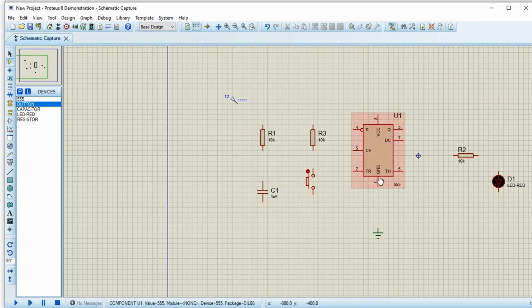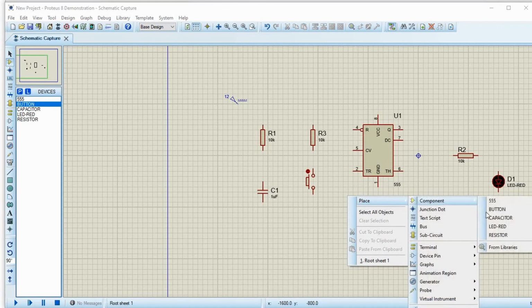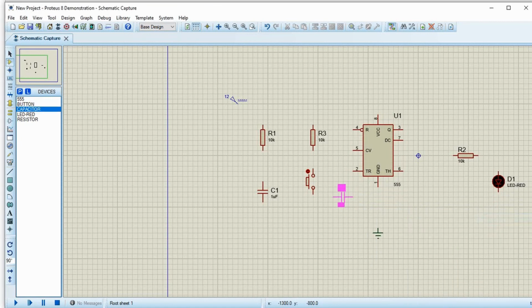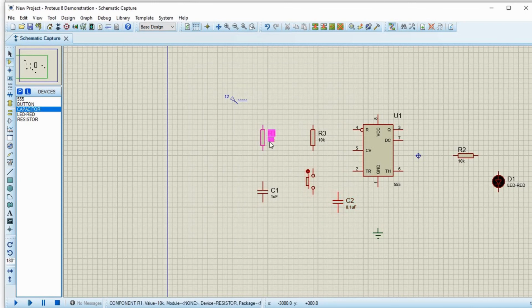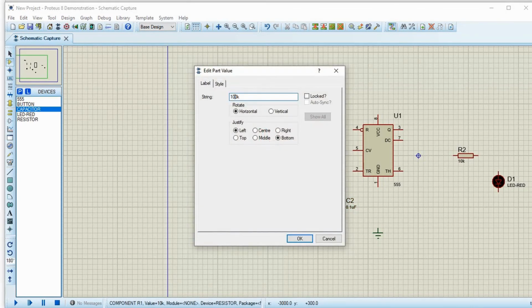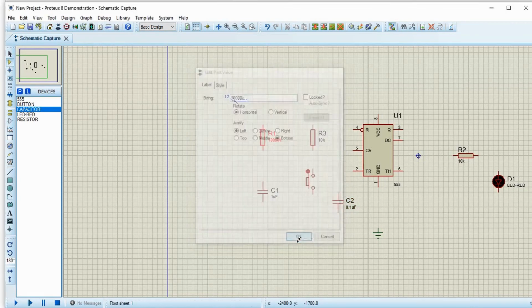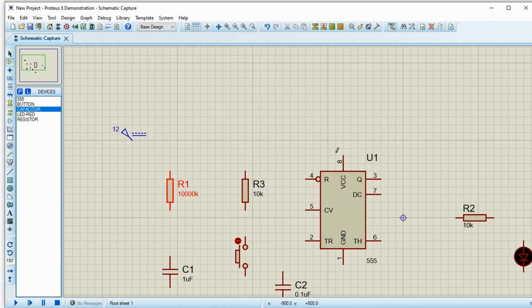We have to put a capacitor on pin number 5. Reset should be high, and this switch we will pull up.